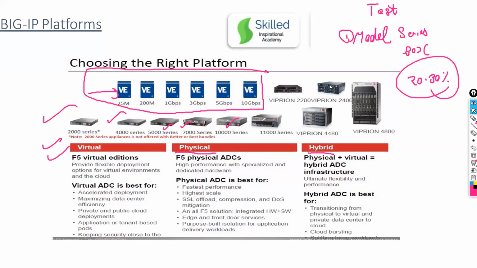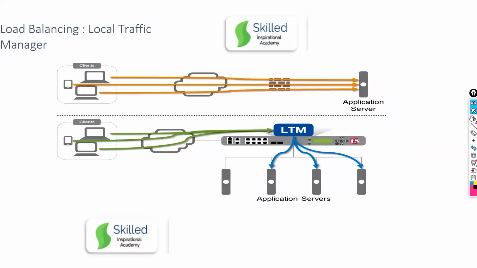So this is how your platform looks. Now, there are two picture representations here. Can anyone tell me the difference between picture 1 and picture 2? And what is the disadvantage here?